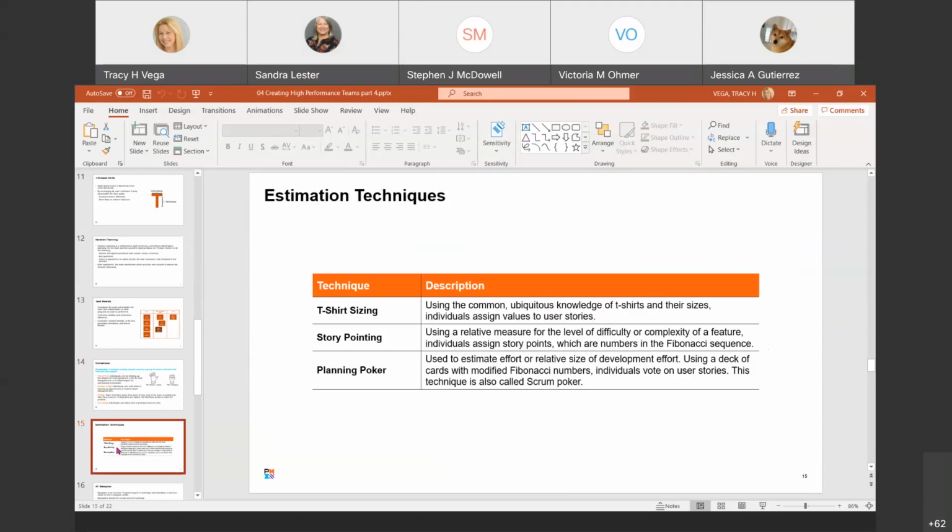And when the team has its questions, the facilitator or the Scrum Master asks the team to use a card deck, generally with modified numbers, to vote for the number of points to assign to the story. If there are disagreements, the facilitator will coordinate a discussion to help the team come to a consensus on the point totals. Then it's repeated on several of the stories at the top of the backlog to ensure that they're ready for inclusion into the iteration or the sprint. That's kind of a mouthful.